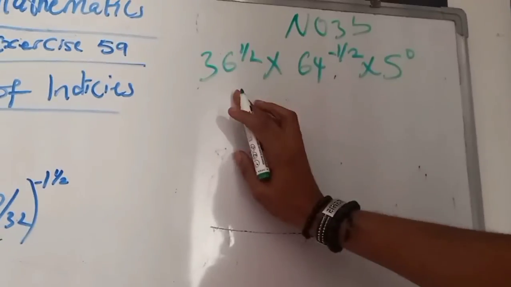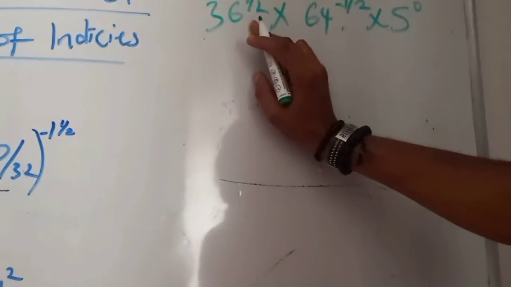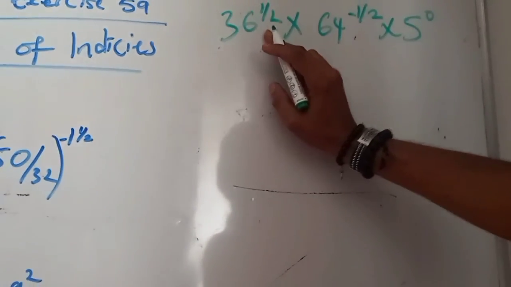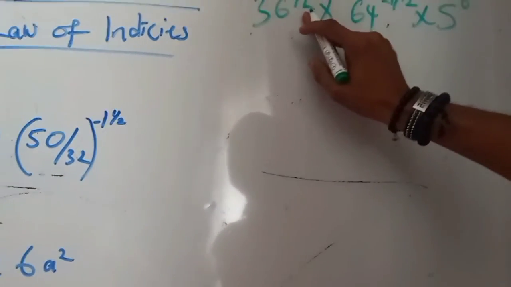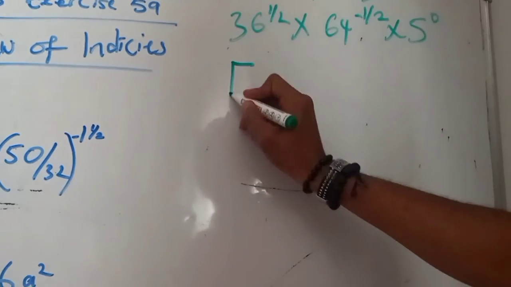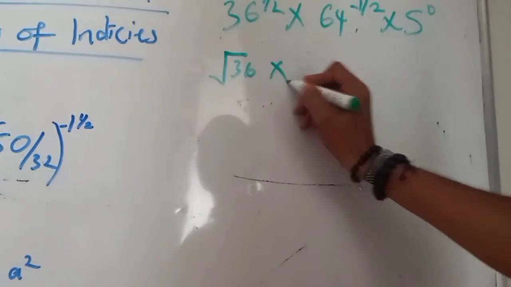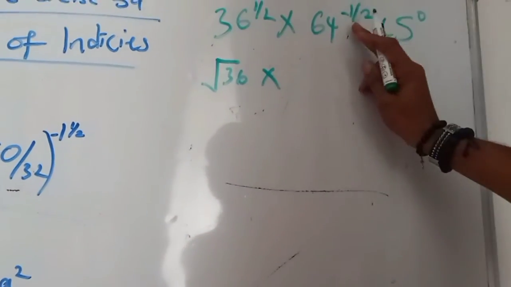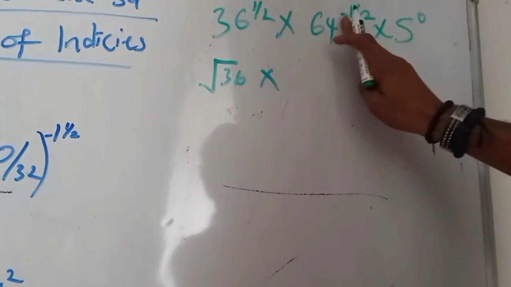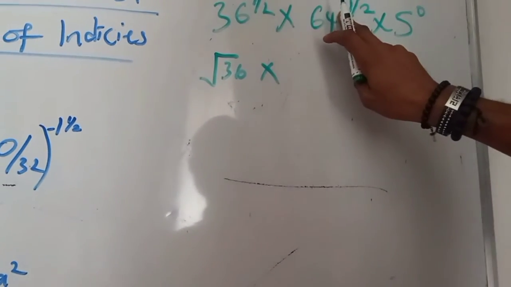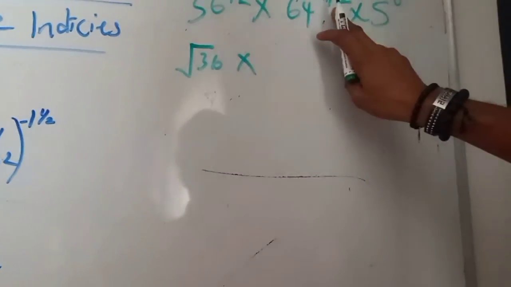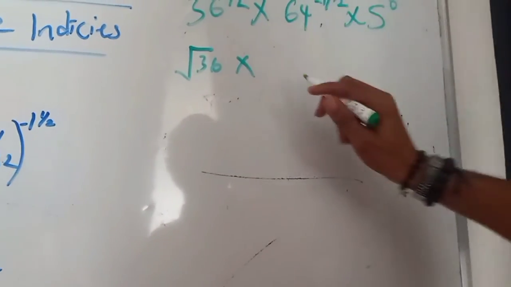Take the square, because this is a fractional law. And fractional law means square or cube, depending on the denominator. So this is 2, so it's the square root of 36 times. This negative, we have two laws here: negative and fraction. So first and foremost, I will turn to the fractional law, because negative law before fractional law means